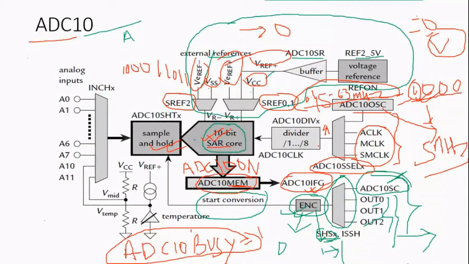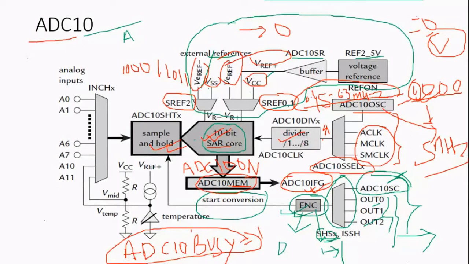Now the next is, after selecting the clock, we are feeding it to the divider circuit. So we have a divider circuit. What will the divider circuit do? This divider circuit divides the clock